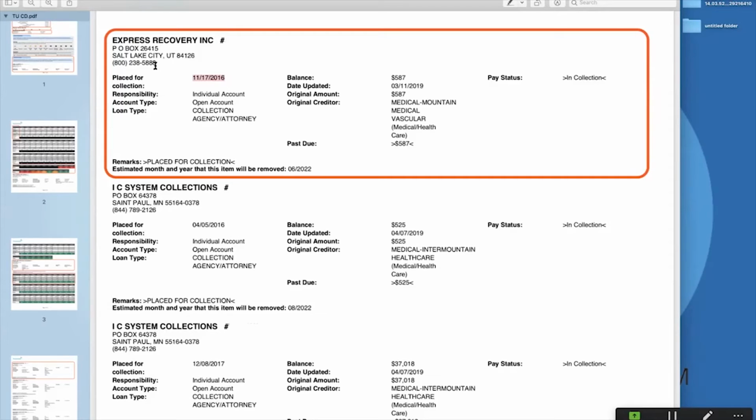If you only have 2 or 3 of these accounts listed, and if you only have certain information, if you don't have an amount, if you don't have a date, if you don't have a creditor, there's what's called a minimum amount of information that must be reported for this to stay on your credit profile. And we'll put that on our podcast about how to evaluate a collection account and what makes it viable on your profile.